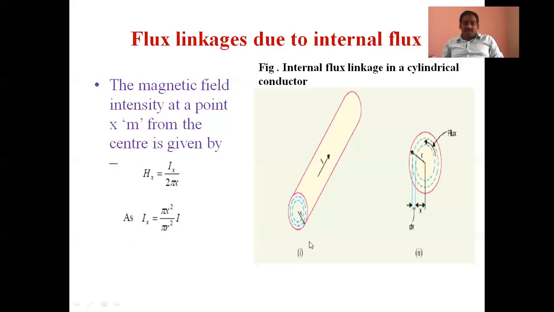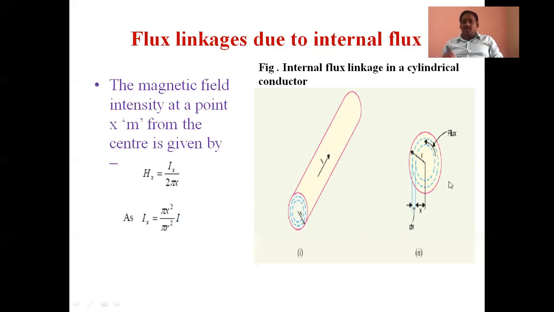of a conductor. See here, if you consider the total radius is r, we have to determine the current through the differential radius. We have to determine the current that flows through the differential radius of a cylindrical conductor. That means, out of the total radius, the current flows through only the differential radius, which can be written as x here. The current would flow through the total area of the cylindrical surface, but in that only the differential area, the current flows.